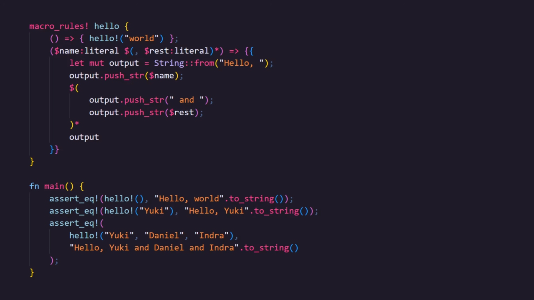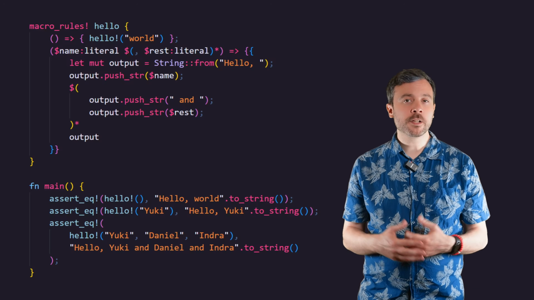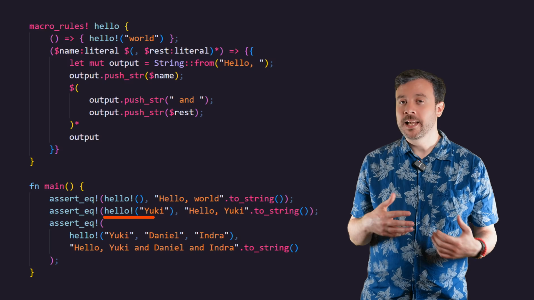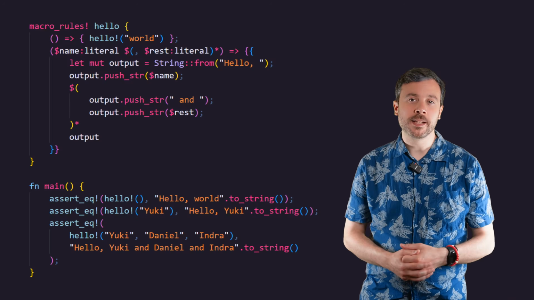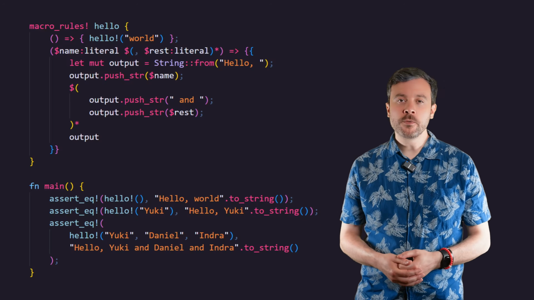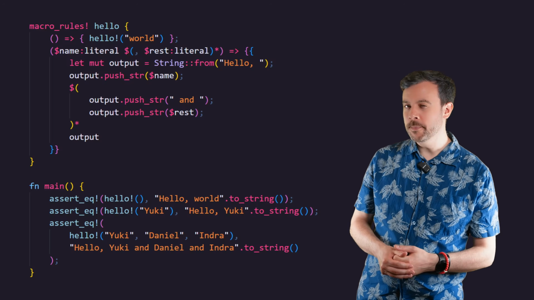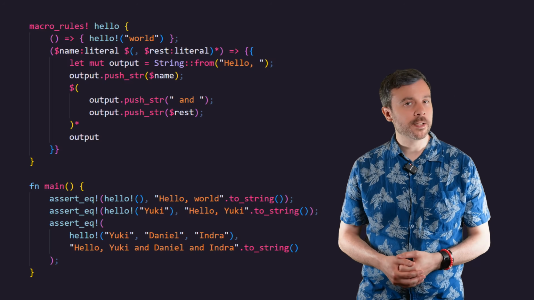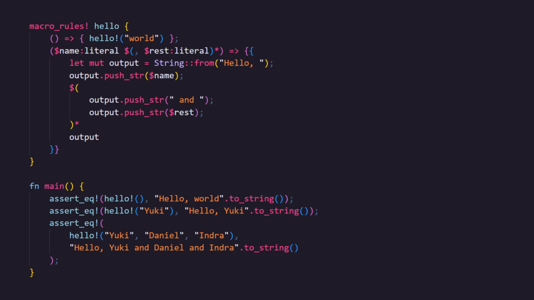You'll notice that the comma after name literal has moved inside the repeat pattern, and the comma being used as a separator for the repeat pattern has been dropped. This is because if we kept the comma outside the repeat, hello Yuki would have to be hello Yuki comma to work. Instead, we've moved the comma token to the beginning of the repeat pattern, which can contain things that aren't metavariables too. Okay, so I wasn't exactly lying when I said that we couldn't treat the first and last elements differently